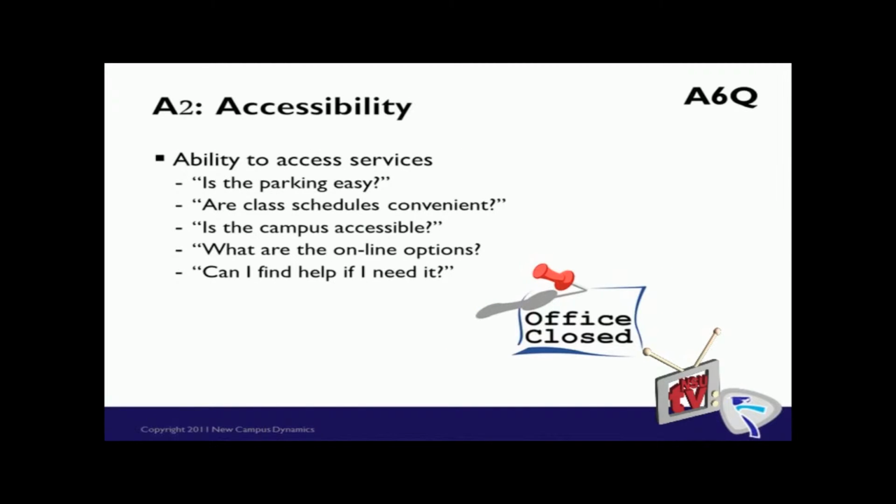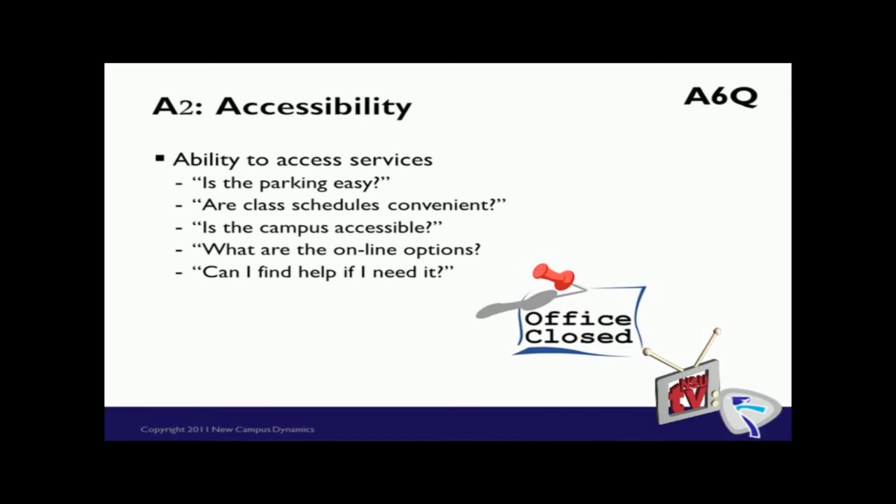The second one is that what I need when I need it is accessible. So if I am an adult learner and need daycare to watch my kid while I'm in class, and the daycare center is only open during the day and my class is at night, it's not accessible. If I have to work in order to support myself to go to school, and I want to be involved in campus activities, and they're offered while I'm working, they're not accessible, right? If I'm a distance learner and I don't have a way of logging on, the campus knowledge isn't accessible. So accessibility is an important concept.